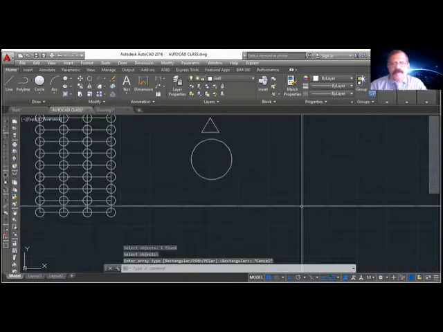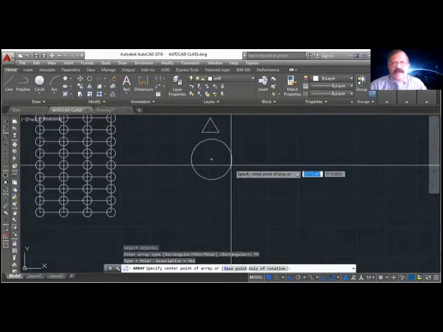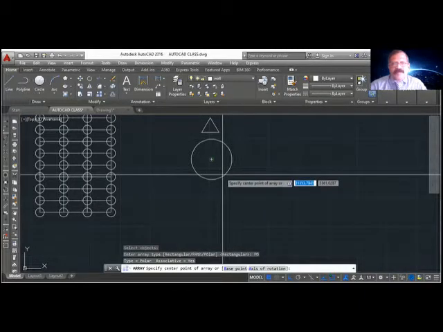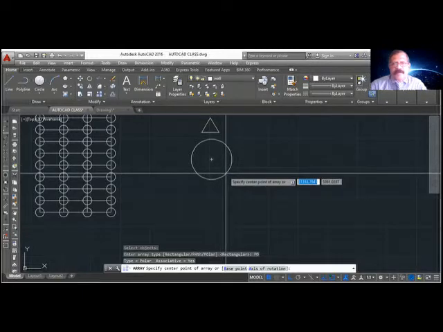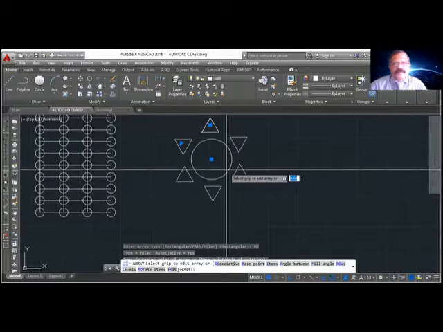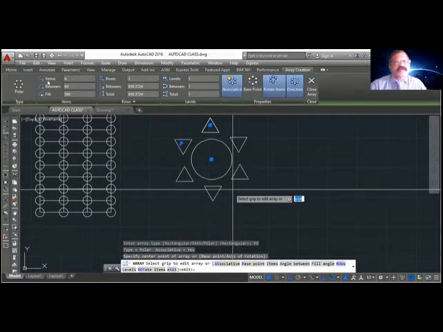Polar. You can see when you go there and show the boundary of the circle, it automatically selects the center. It will not select from here. You have to go near the boundary of the circle and click. So the default is 6 numbers. You can see here 6 numbers.